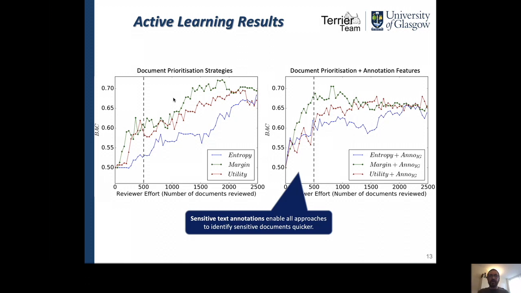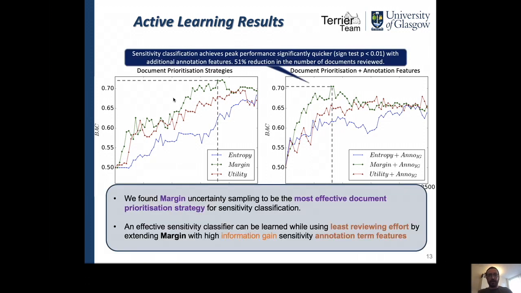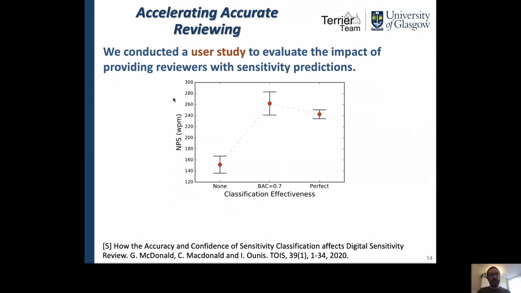What happens when we do this? We see here that after 500 documents are reviewed, we've already learned a classifier which is almost as effective as what the whole collection allowed us to do without these additional terms. I shall just run through this because I suspect I'm running out of time, but most importantly, I wanted to highlight the last part specifically.